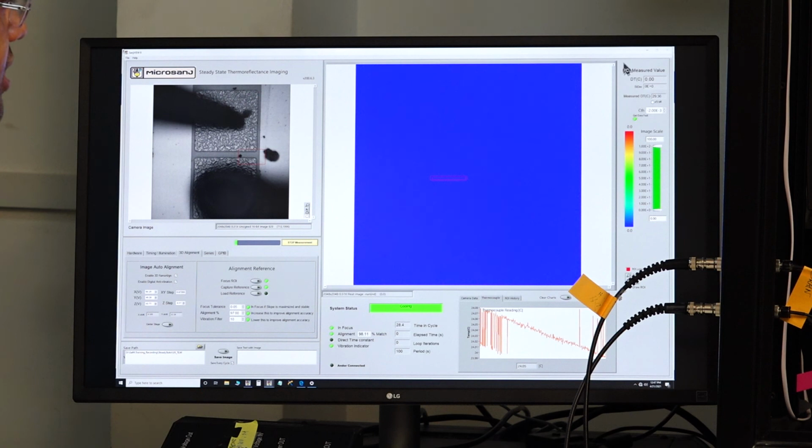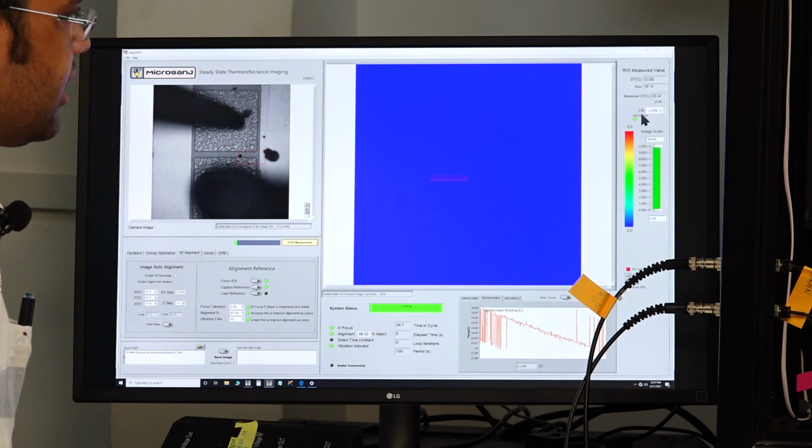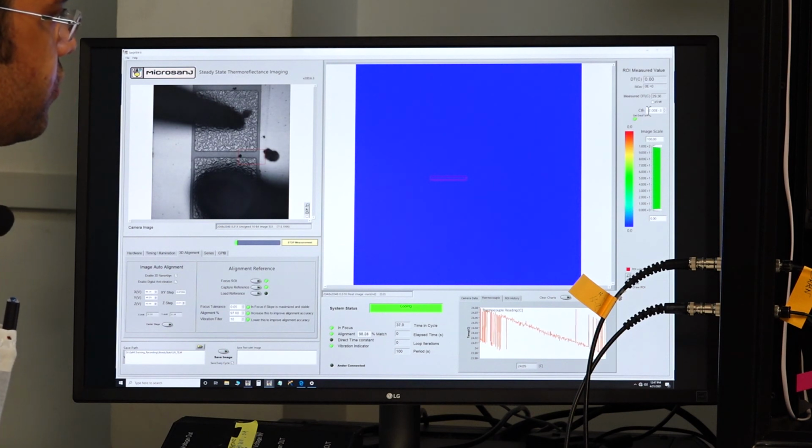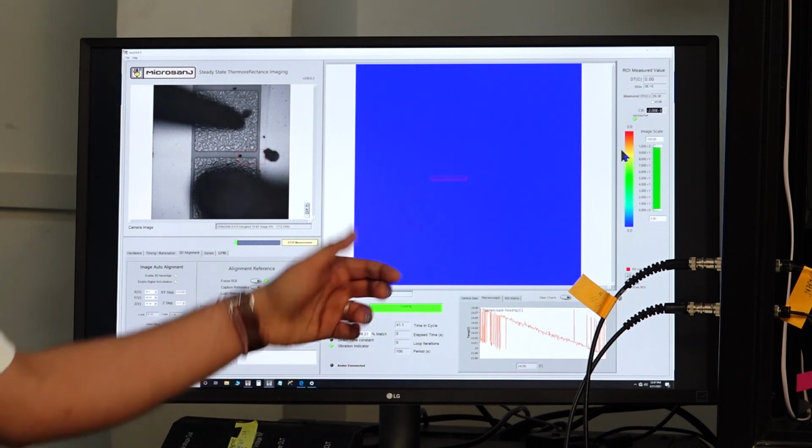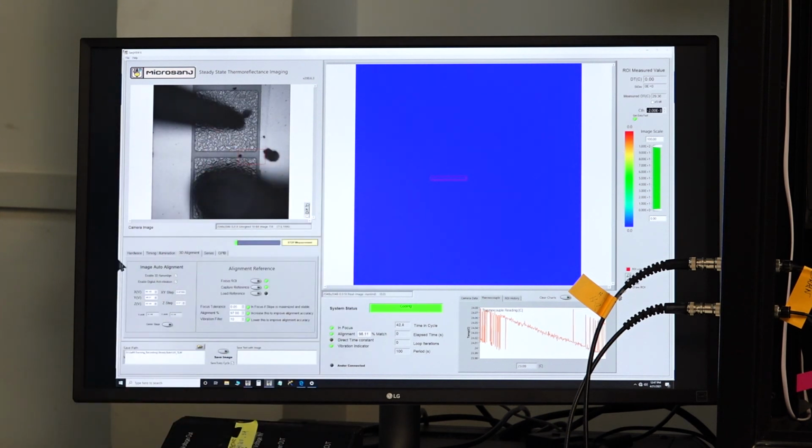To the right, we see ROI measured values. DTC is delta T in centigrades. Second important thing is this CTH. So we can now, for the time being, manually type in the value that we got from the previous result, which is around minus 1.36 E minus 3. We type in here.